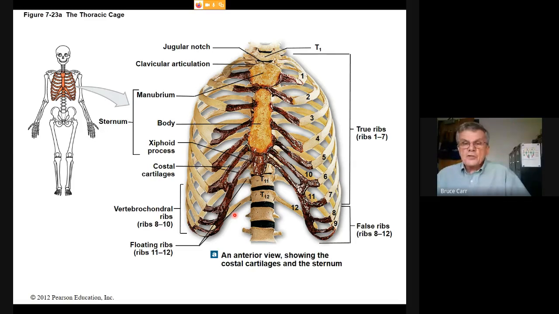So that leaves us with a third part. We said the skull, the vertebral column, and the thoracic cage form this axial skeleton. And here's the axial, the thoracic cage, perfectly named, because